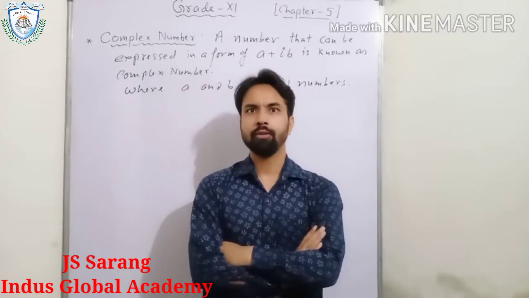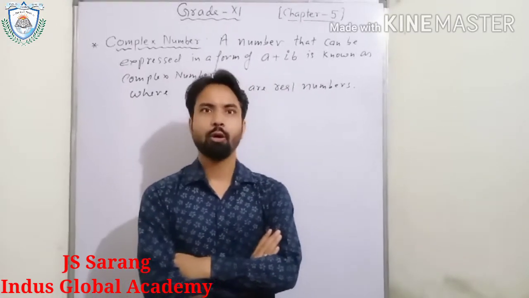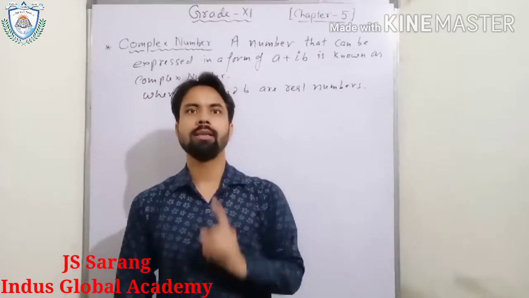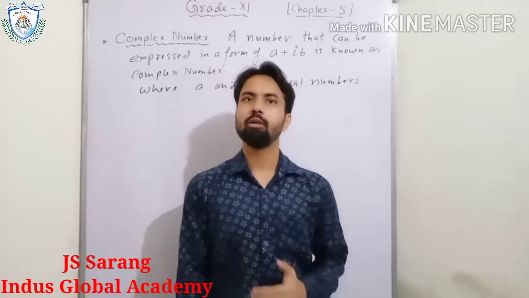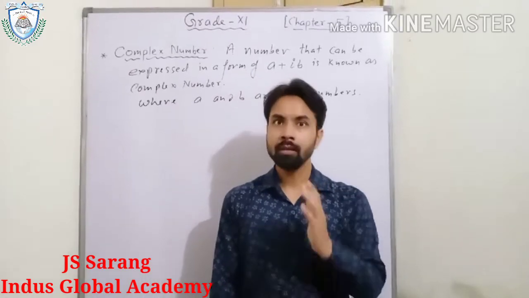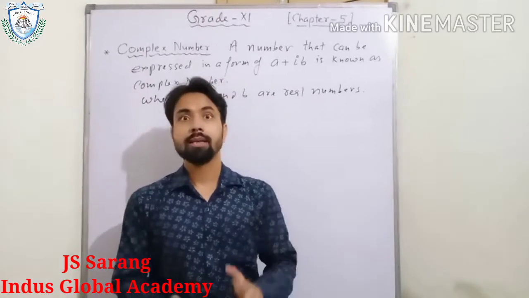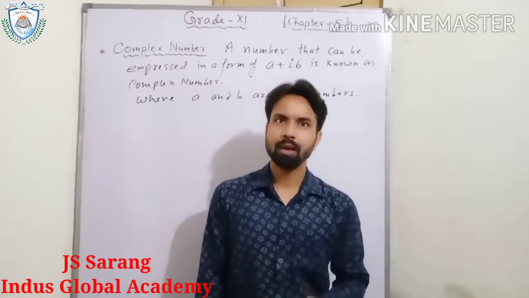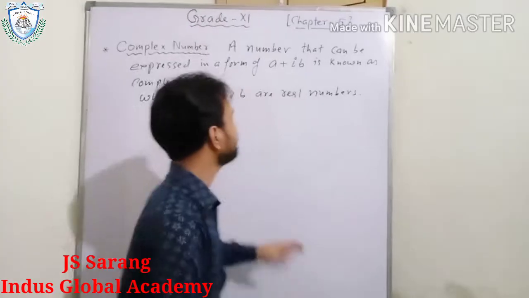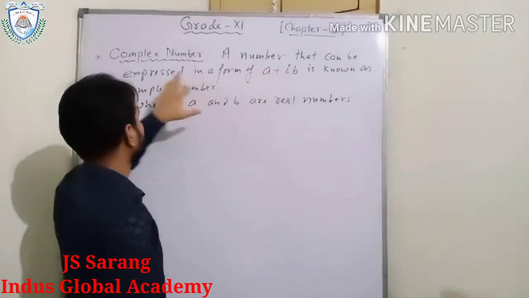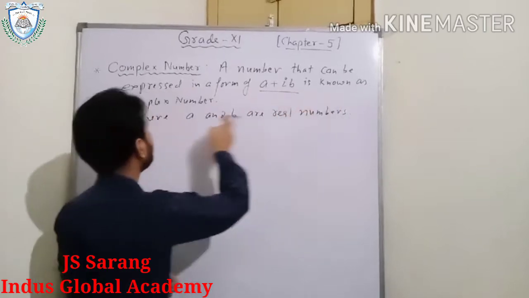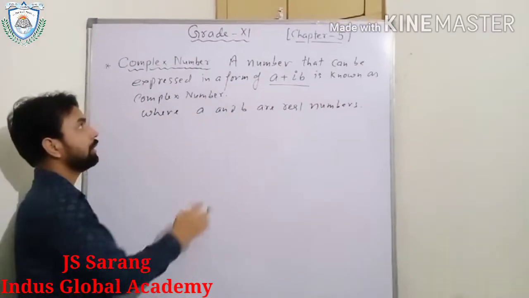Today I will explain chapter number 5, complex numbers. In this chapter, the question is, what do you understand by a complex number? Beta, a complex number is a number which can be expressed in the form of a plus ib. A number that can be expressed in the form of a plus ib is known as a complex number, where